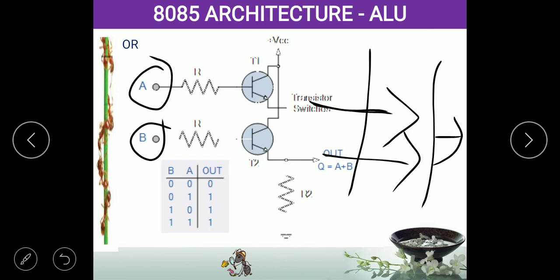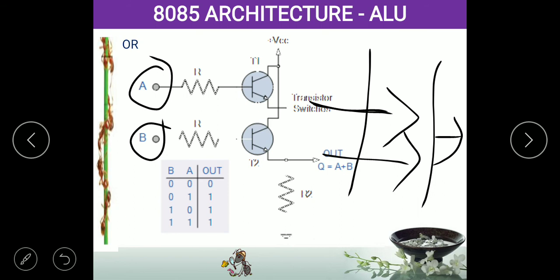Suppose you are giving some value to B and not giving any value to A. At that time, the emitter of the B transistor will give value 1 and that comes out as the output. In that case, we will not bother about transistor A, whether it is energized or not. So out of 62,000 transistors, these 2 transistors are used to do the OR operation, and the connections are like this. These transistors are connected in this fashion, so they give the result for the OR operation without knowing it is OR. Similarly, for addition and subtraction, everything we have is a combination of these transistors.